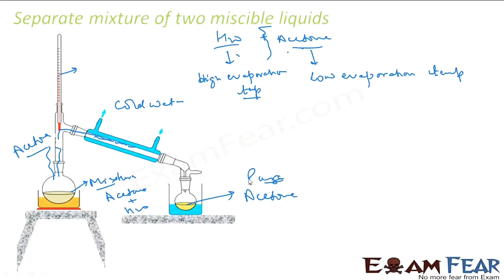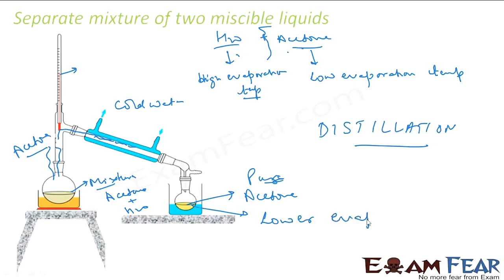Thus, with this process, we could actually separate acetone and water, and this method is called distillation. Right? So in any case, the one which has lower evaporation temperature is collected here. Please note, you have to make sure the temperature is under control. If you increase the temperature to, let's suppose, 200 degrees Celsius, higher than the boiling point of water also, both water and acetone will evaporate here, and then again you will get a mixture here. So you have to maintain the temperature. Temperature is a critical factor.